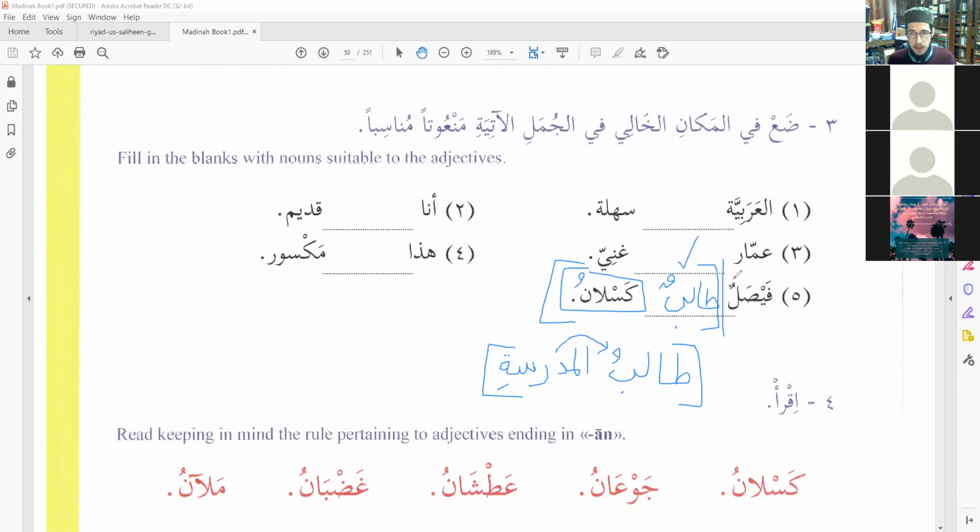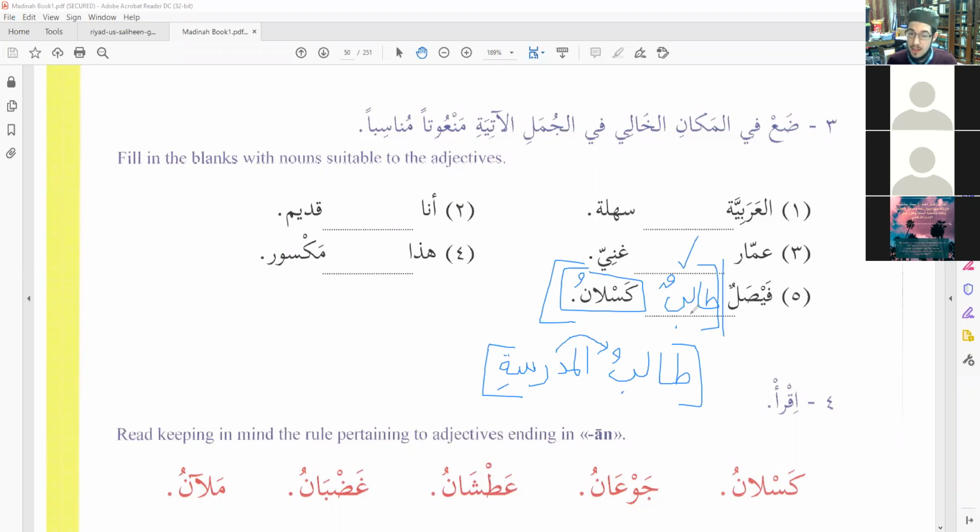There is no difference. You're right, this is the same example. The only difference is the type of phonetic pattern that Kaslanu exists within. It's impossible for it to take a tanween. So the reason for Kaslanu not having a tanween is not actually related to the sentence structure. Correct. So this is actually Sifa Mawsoof.